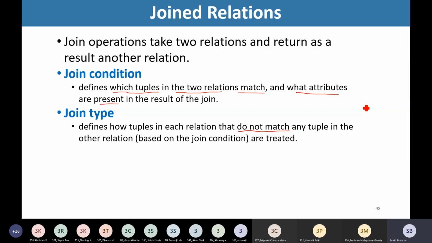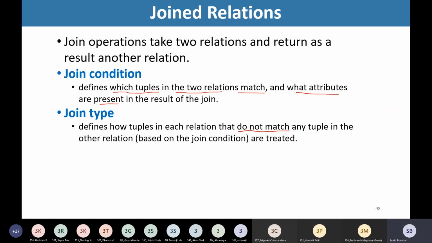So how are these tuples treated? This is determined by join type.